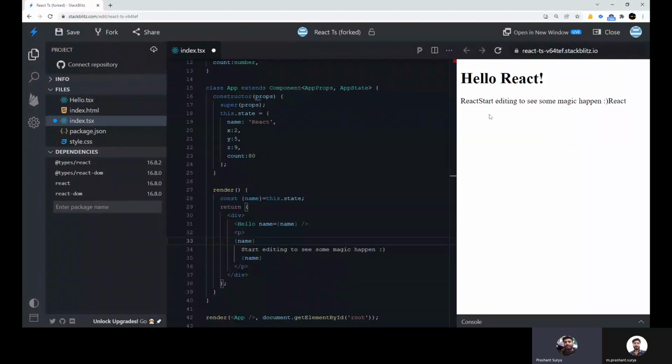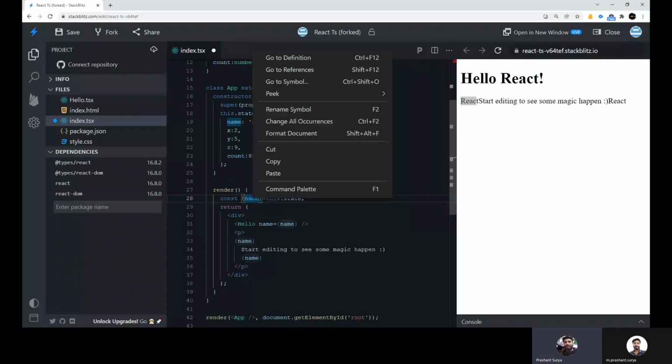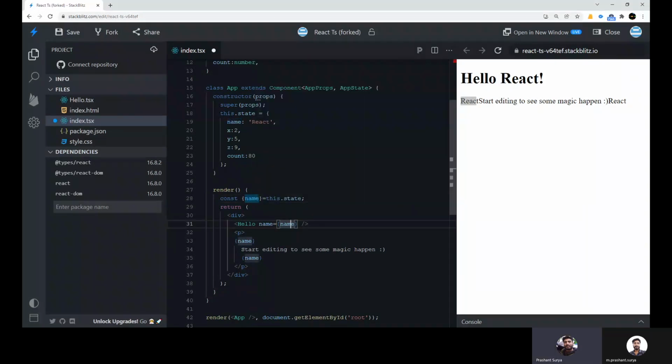So what we have done, we have destructured this.state, and we have taken out the variable name, and we just write name more than once. The benefit of using this is that you don't have to carry this.state everywhere. This will help you increase your performance, because this.state has a vast list of data. This time we have only 5, but it may also have thousands of variables. Every time you carry this, it will consume your time to search within this.state and print the name. So better you write like this.